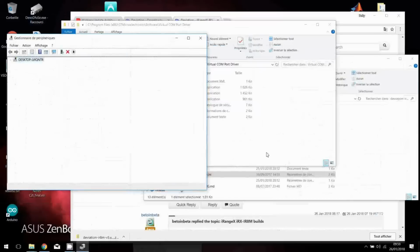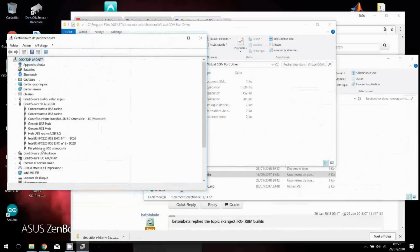The DFU driver disappeared. Now I will not have to wait a couple of seconds to reboot the radio in USB mode, with the ENT button pressed while turning on. So what I will do now,